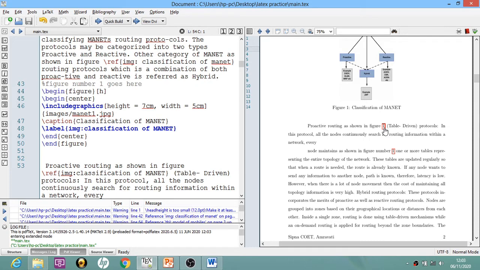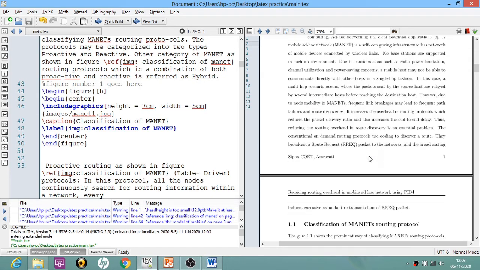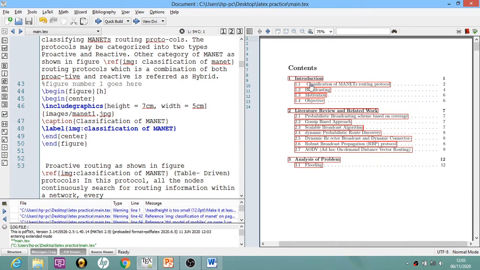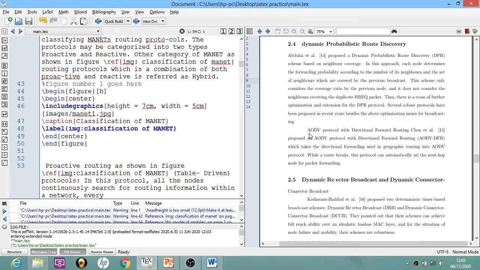Whenever you click on this red box, it will take you to that specific image because you have labeled it. Now let's move to the first page, and you can see that even the contents are active now. So if you want to go directly to this 2.4 section, then you can click on it and it will directly take you to the 2.4 section. So in this way you can add hyperref to your LaTeX document by simply including package hyperref.